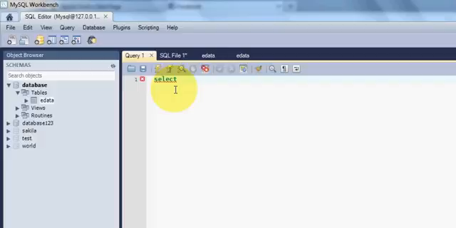select, and keep in mind MySQL or most of the SQL language are not case sensitive, so you can write in capital also, you can write in small letter also, it will work totally fine. It's not case sensitive, so it's a good point to remember. And then I will write select,